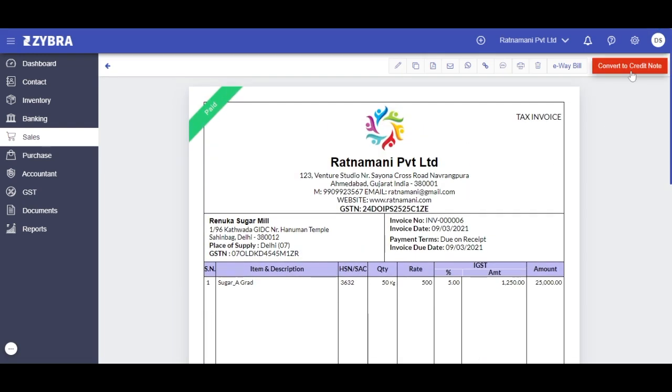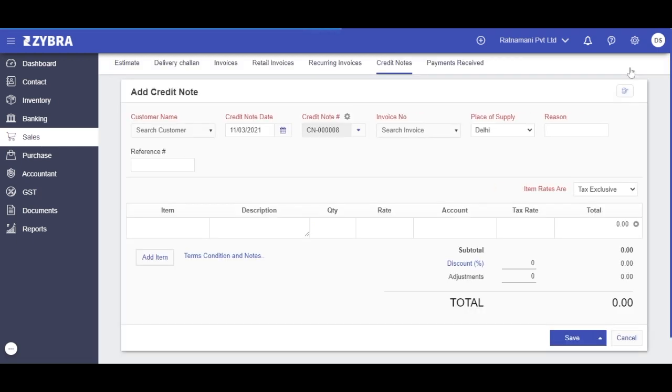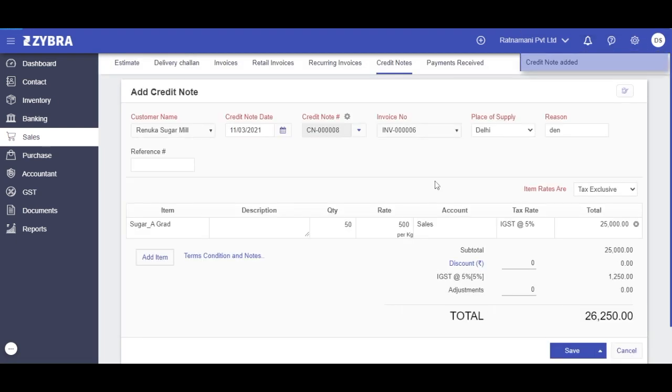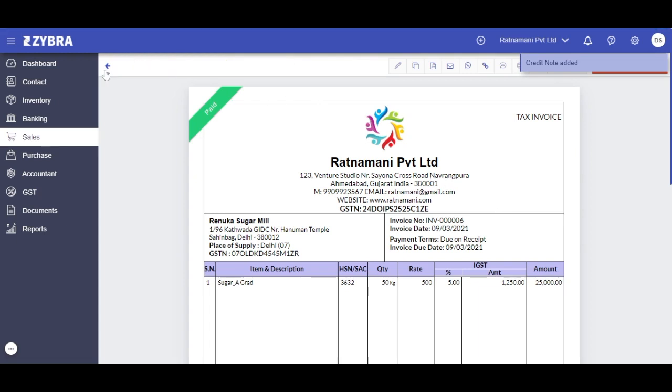And you can see here convert to credit note, and in one click your invoice will convert into a credit note like this. If you want to make changes here, quantity and rate, you can make changes through here, and you have to write the reason here and then click on save button, and your credit note will be created.